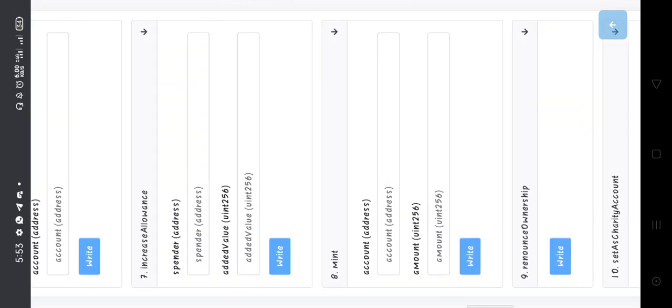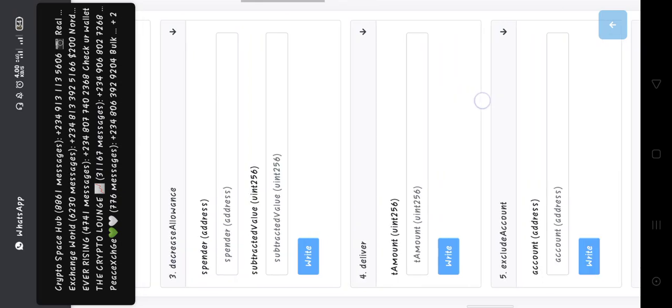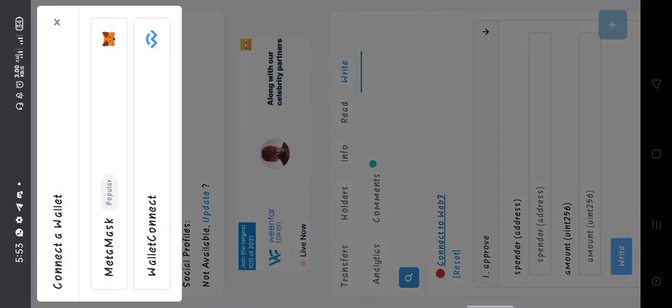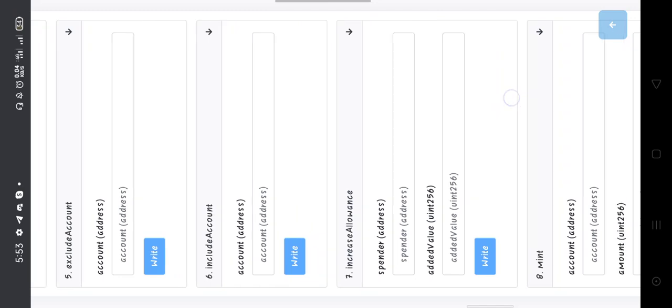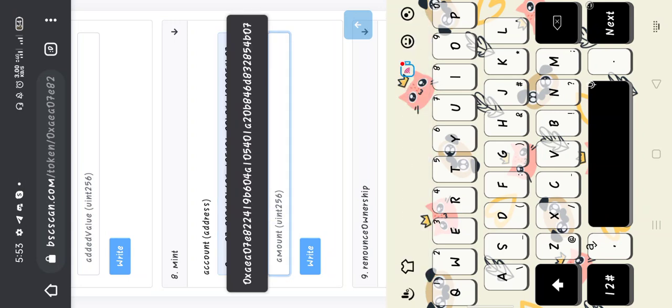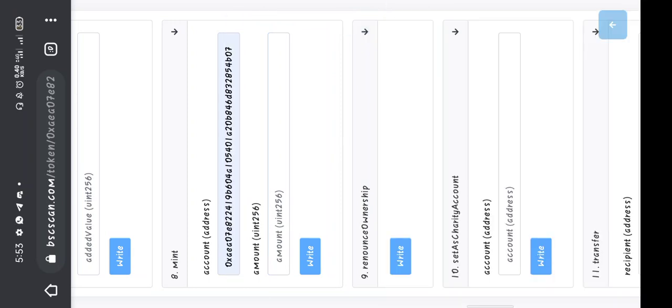They tell us that they can mint. You can see account address, amount. So it's already telling us that we can mint. So this owner, the person will just connect to MetaMask. Since it's the owner of this contract, once you connect to MetaMask, it can just come here in this right, this 8. We just put the address that I want to mint to, any address you want to mint coin to, boom. Once you put it, which amount do you want to mint? You just type it, you just click on right, bam, and they will send the coin to that address,